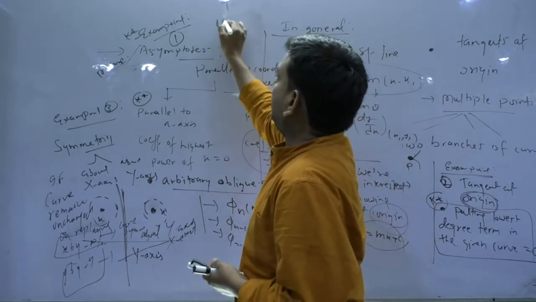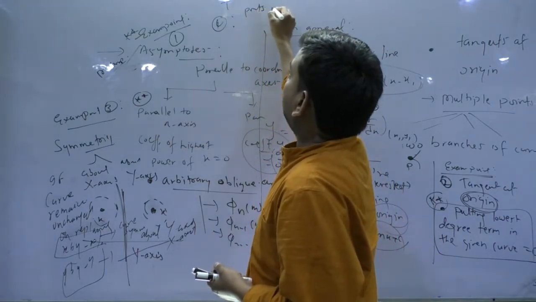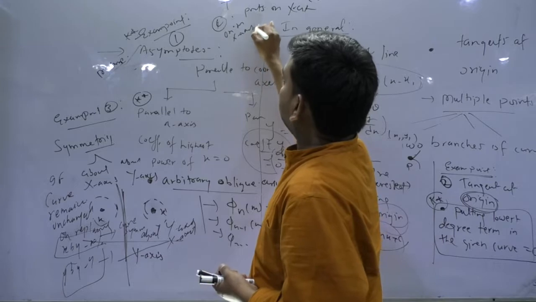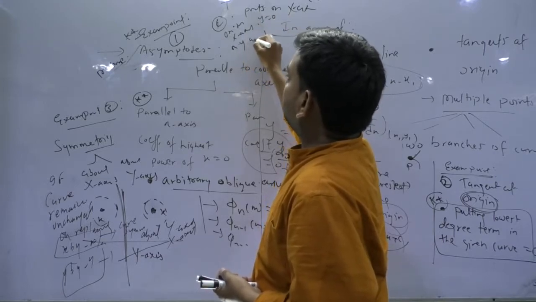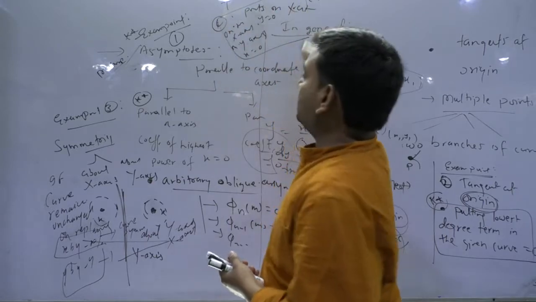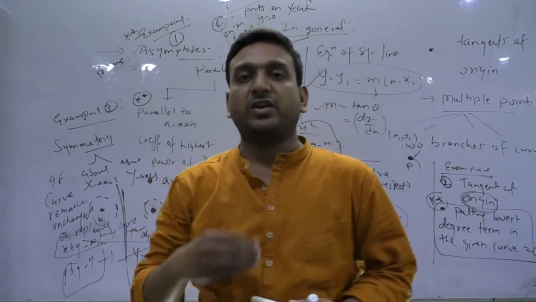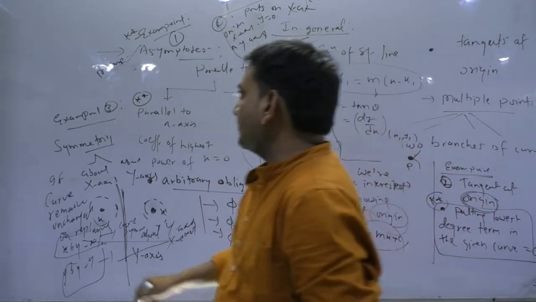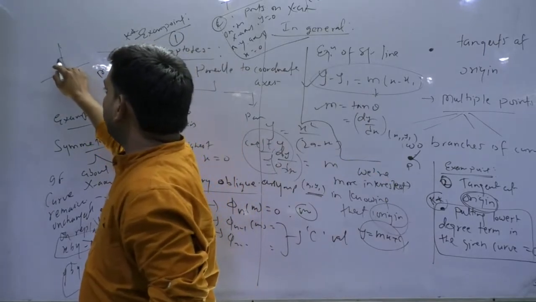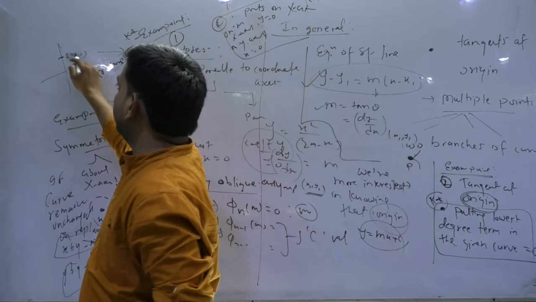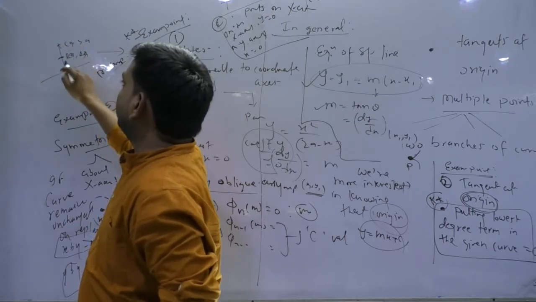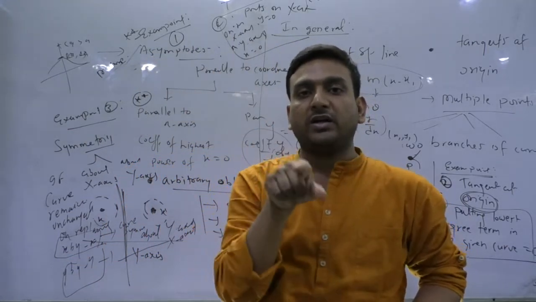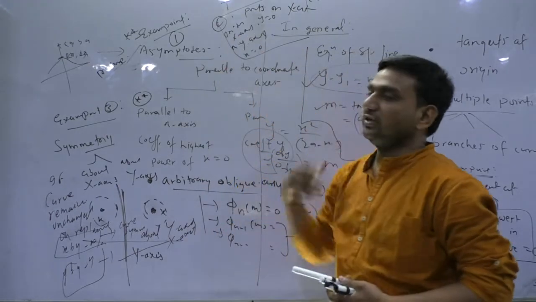And exam point 4 is more about points on the axis, like x-axis, y-axis. On the x-axis, y is 0, and on the y-axis x is 0. Using these things we try to get some general points on the axis, so that we can have an idea that whatever curve we are drawing will cut the y-axis at, let's say, 0,2a, or it will be cutting at 0,3a. To get a rough idea at which point on the axis the curve cuts, we do this fourth exam point.